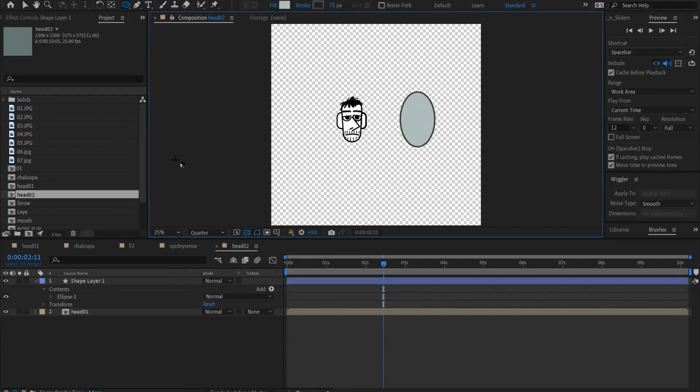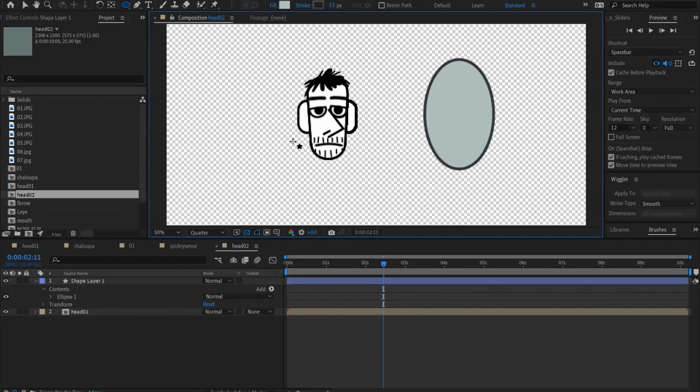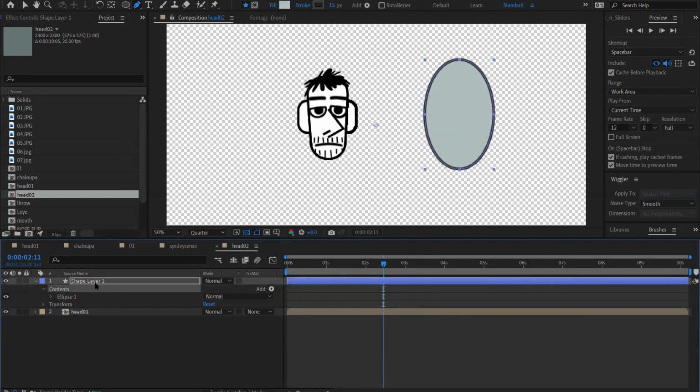Cool. I can show you a longer, more complicated version I did of this as well, using the same methodology, but I wouldn't recommend it. It was kind of a test to see how far I could use it before it becomes broken. So mainly what you do is you work with individual objects on different layers, and then from there you build your element. So we might call this one,